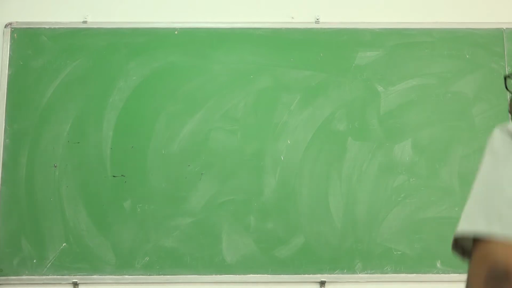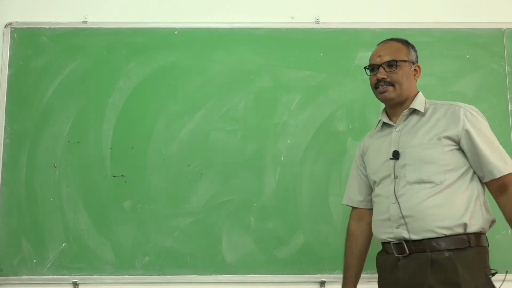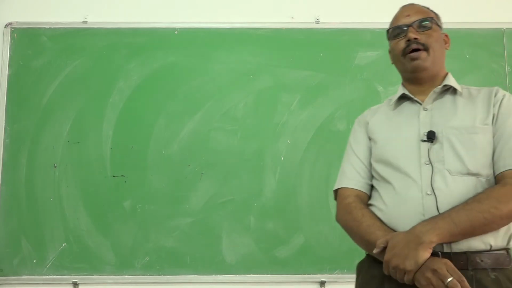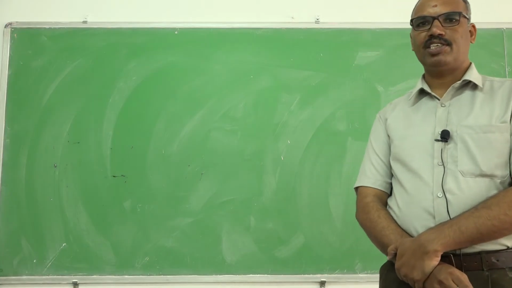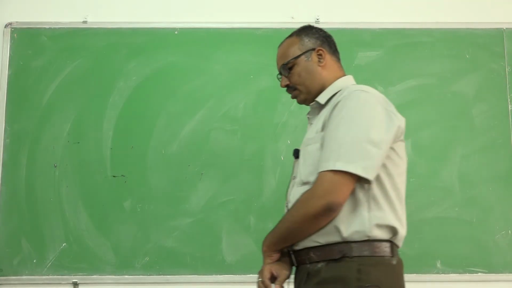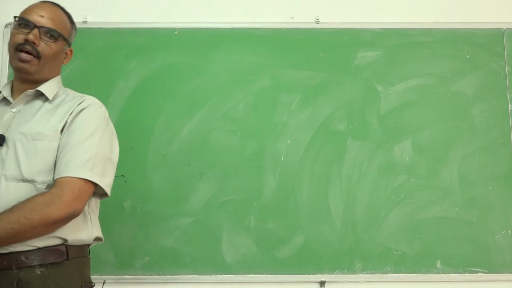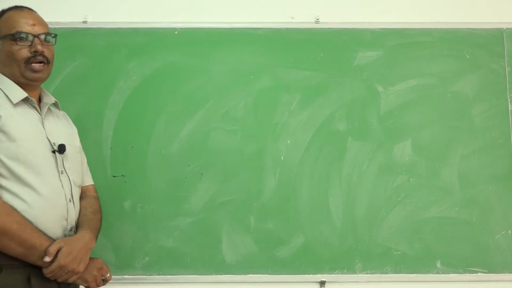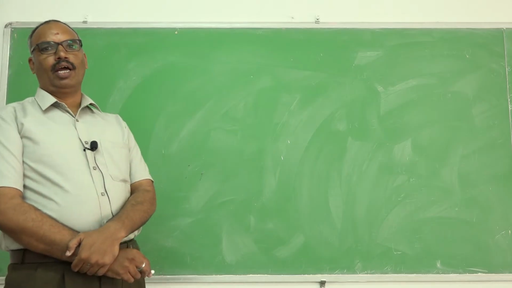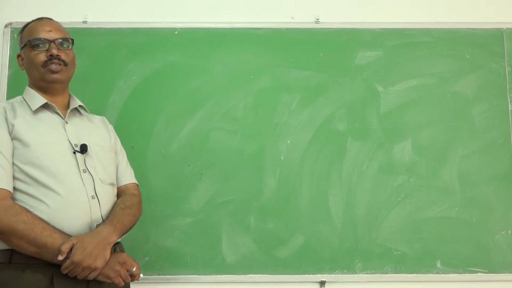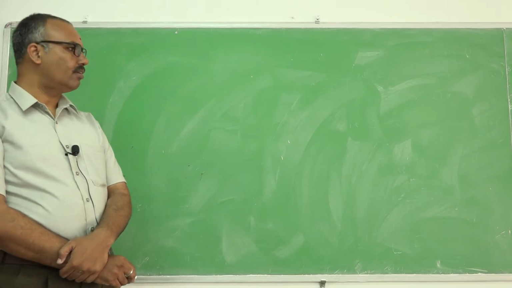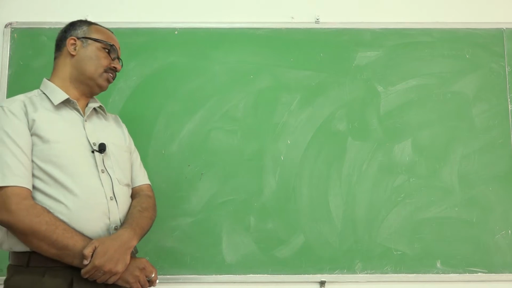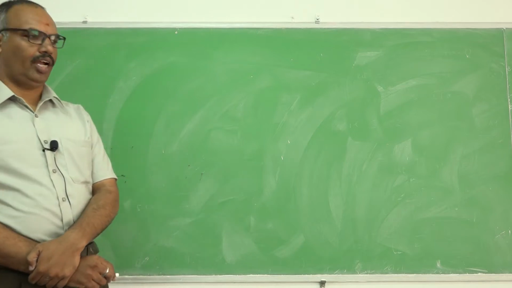Good morning, students. In the last class, we discussed the concept of Ampere's circuital law, and we applied it in various situations to find the magnetic field due to a current carrying wire, current carrying solenoid, current carrying hollow cylinder, solid cylinder, etc. In this connection, let us discuss the same Ampere's circuital law in case of a toroid.